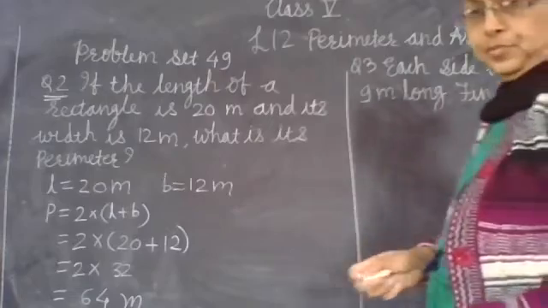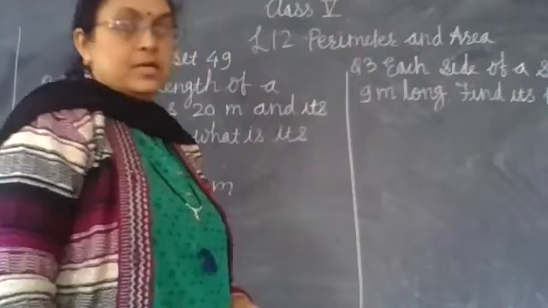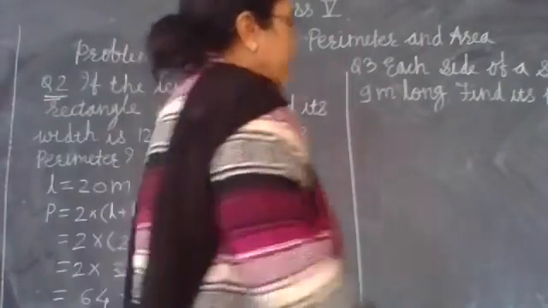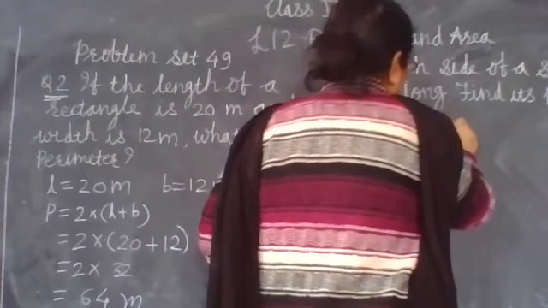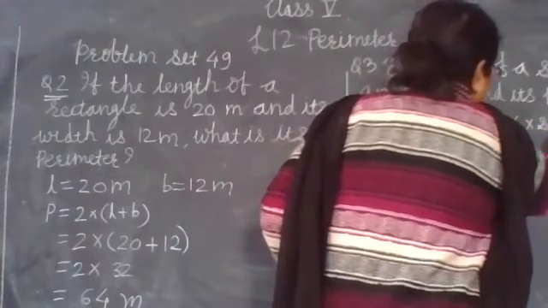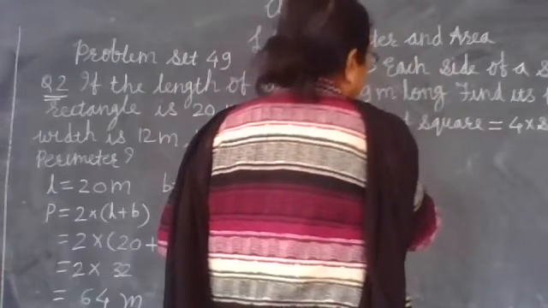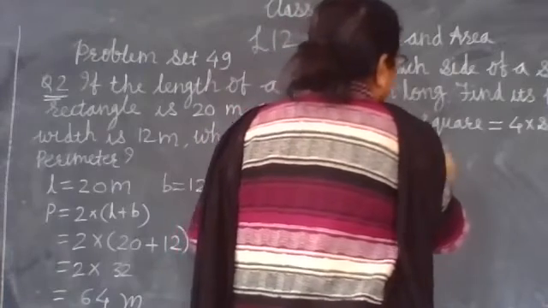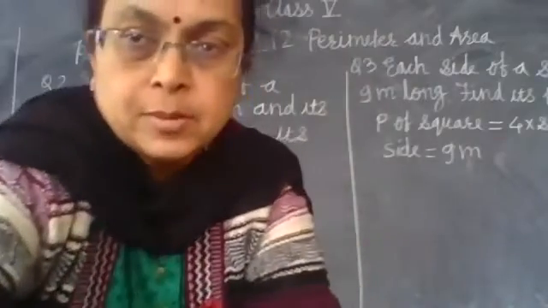You have seen in earlier classes that a square is a closed figure having all sides equal. So perimeter of a square is the sum of all sides. So it is 4 into side, because it is having 4 sides. Now what is the length of side given? Side equal to 9 meter. As it is having all 4 sides equal,